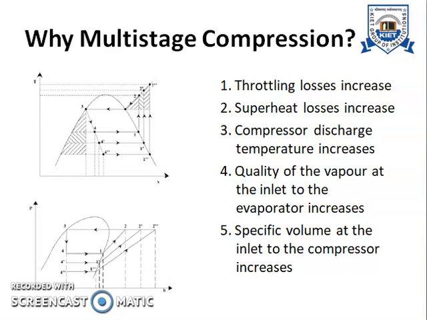Okay, and the last one is the specific volume increase. Now the work of the compressor, which is a steady flow device, is represented by minus integral VdP. Okay, so as we move from point number 1 to 1 dash or from 1 to 1 double dash in a pH diagram, the specific volume at the entry to the compressor increases. Now the value of minus integral VdP will go on increasing as the specific volume increases as we move from point number 1 to 1 dash or 1 double dash.